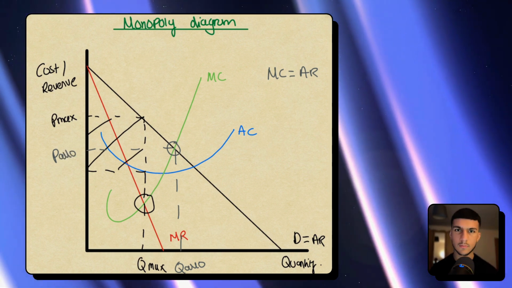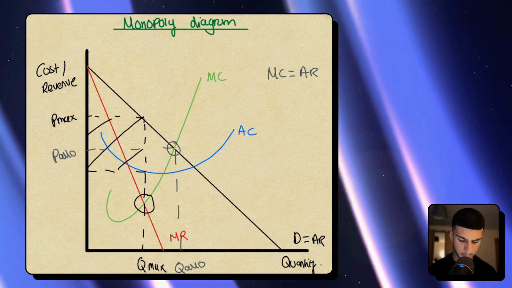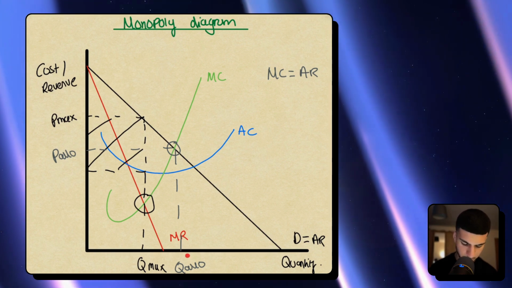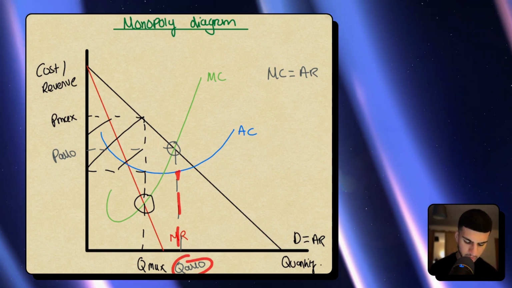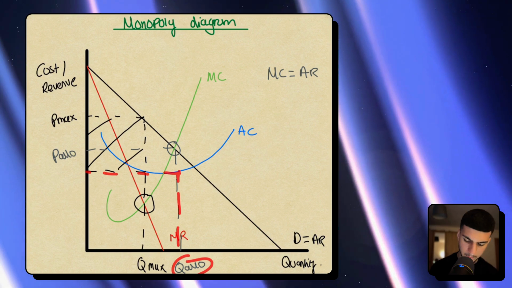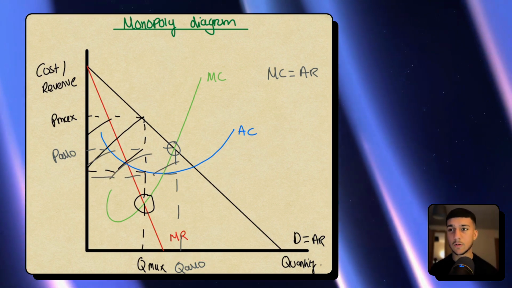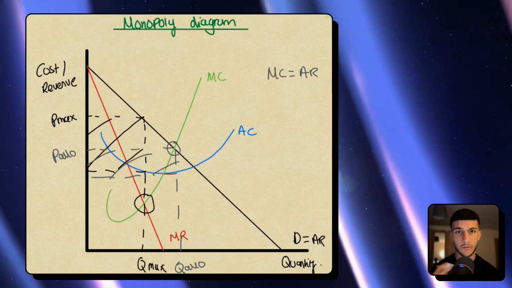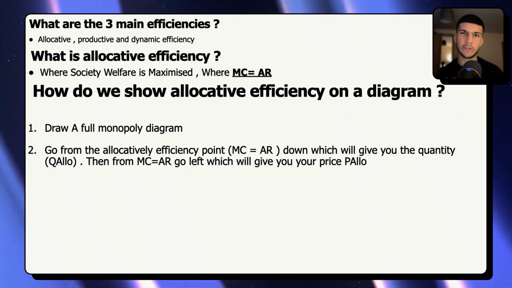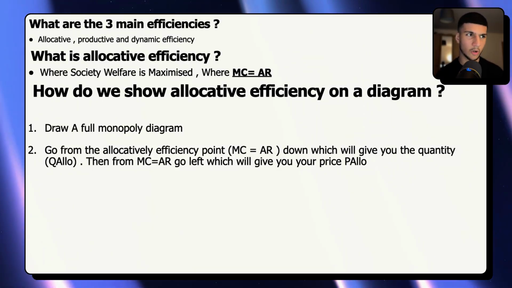Now, if you wanted to show the box of supernormal profits, again, same thing. Go from Q allo, go up until you hit your AC curve, and go left from there. So although the colours are very similar, that would be the box of supernormal profits in allocative efficiency. And just to recap, honestly, allocative efficiency is a lot easier than